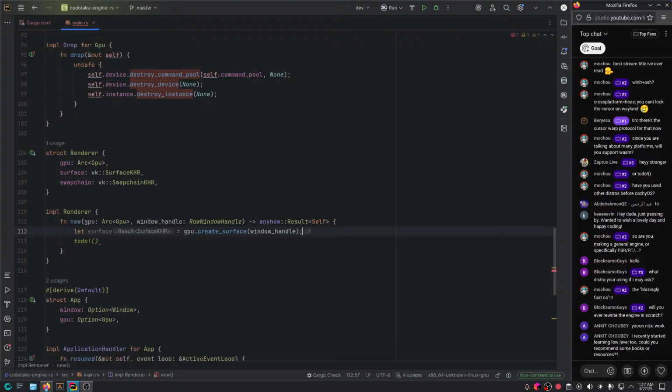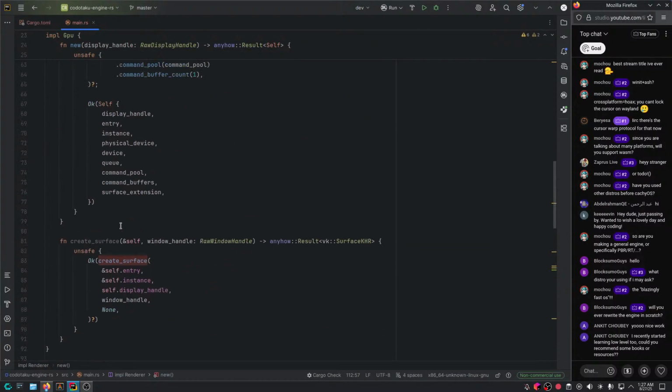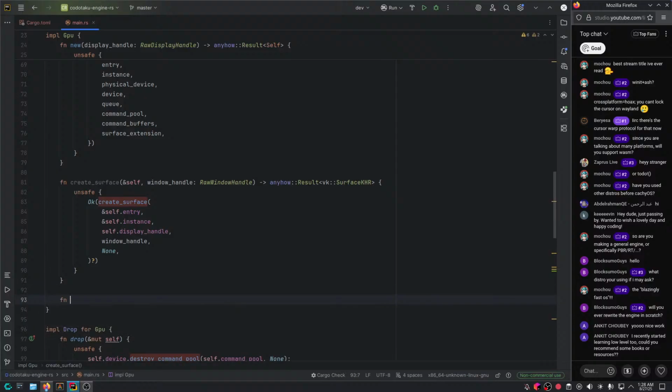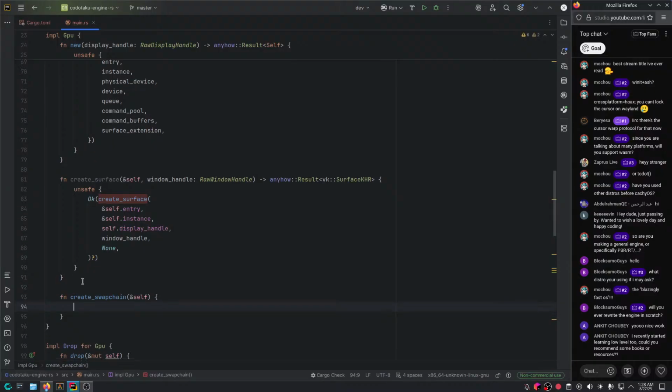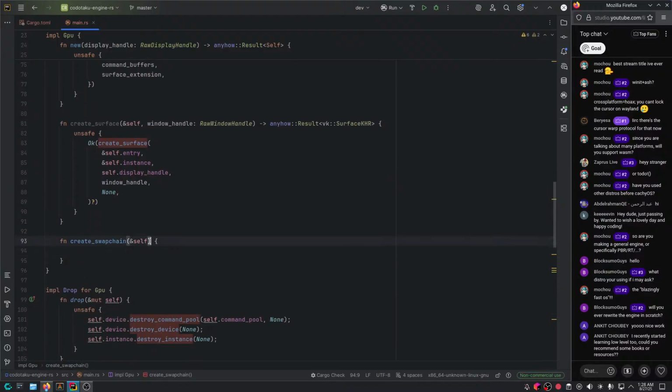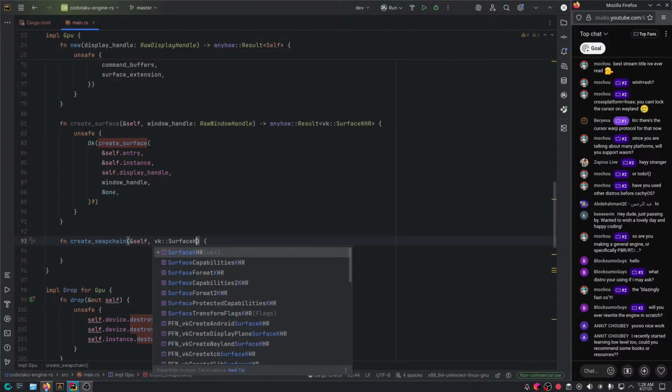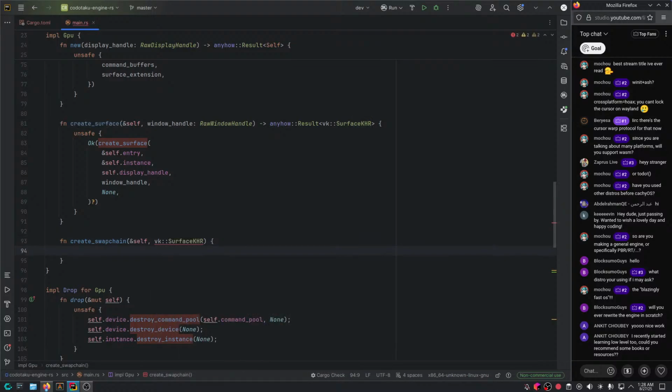Well, honestly, for that, we're just gonna make another function here for creating the swap chain, really. So fn create swap chain for a particular surface. And it's gonna be like vk surface KHR, I think.